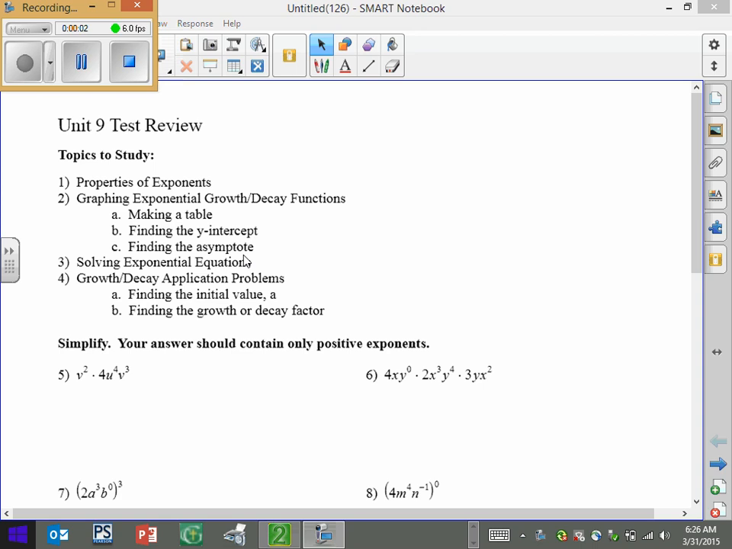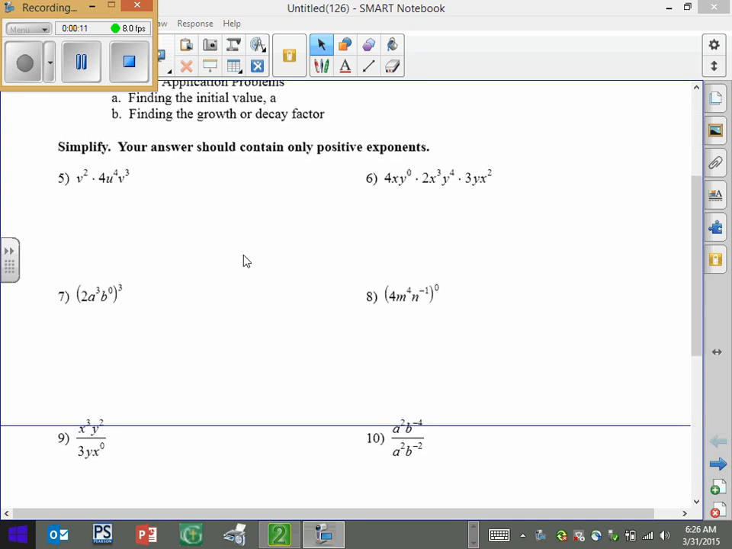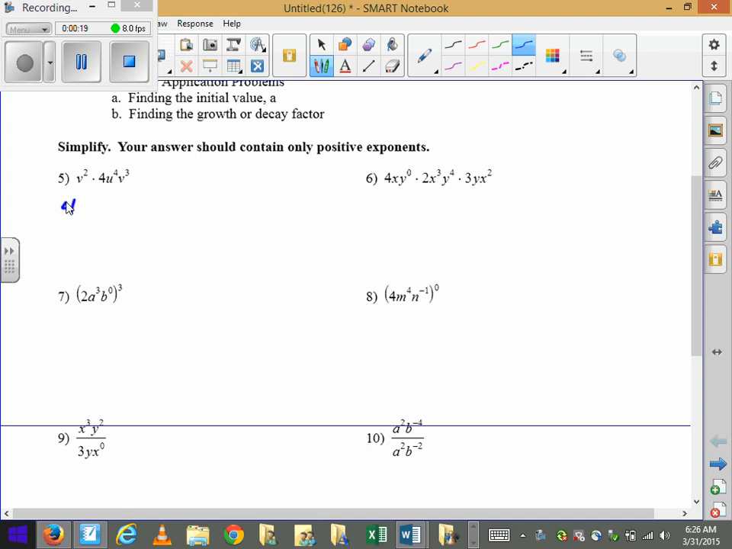So we'll take a quick look through the Unit 9 review sheet. This is in addition to the two sheets we've been doing in class. First thing, simplifying some of these exponent problems. With number 1, or number 5, I guess, as it's listed here, we have the 4, and then we end up with